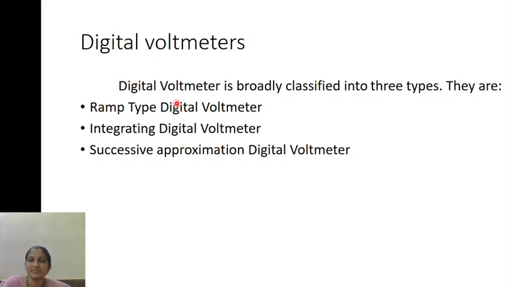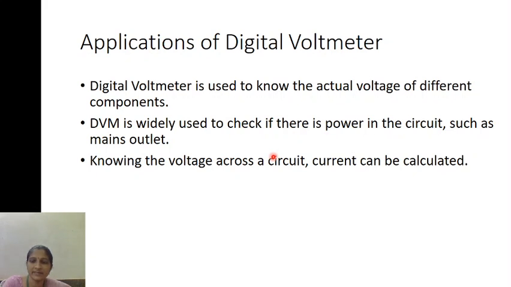Now I am going to discuss digital voltmeters. These digital voltmeters are broadly classified into three types: ramp type digital voltmeter, integrating digital voltmeter, and successive approximation digital voltmeter. Coming to the first one, and before going to the ramp type, we shall discuss the applications of digital